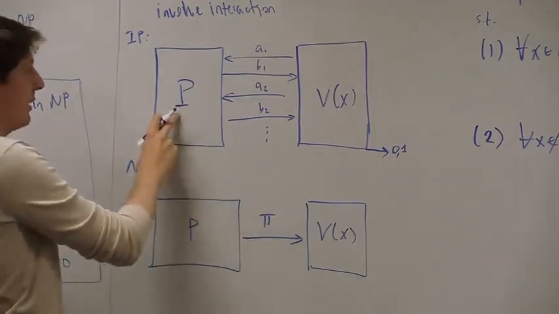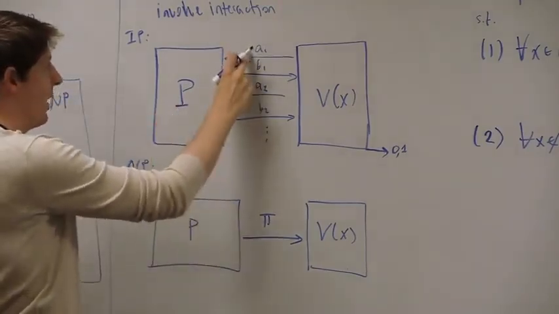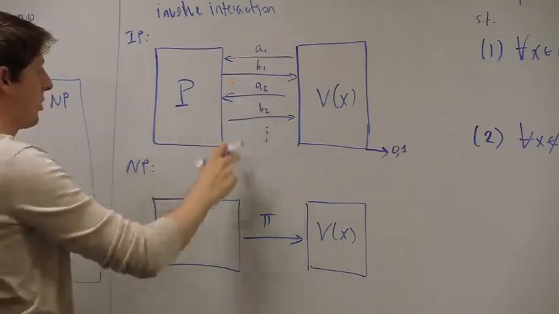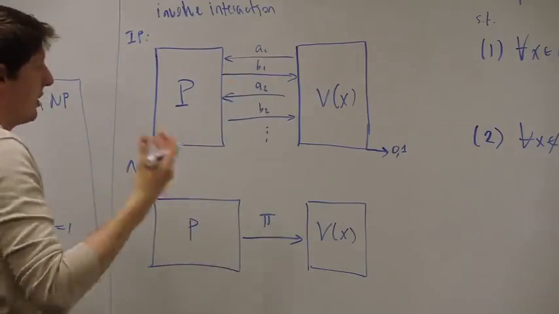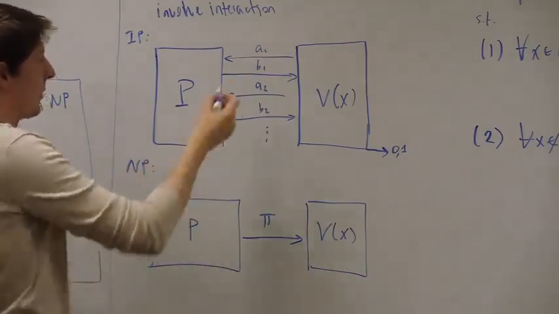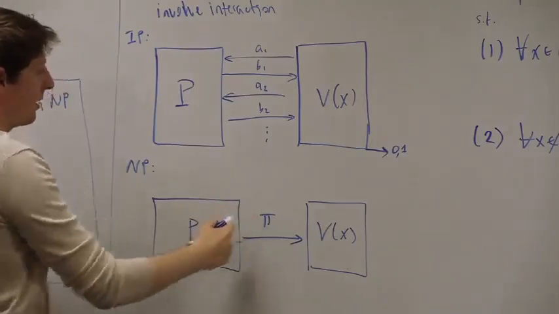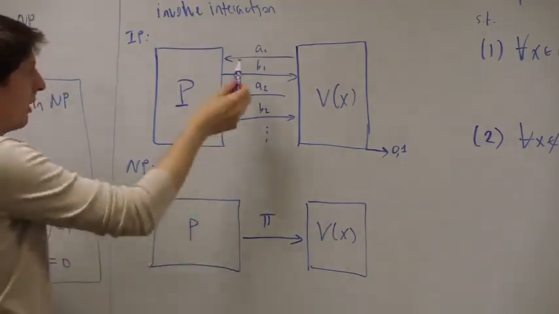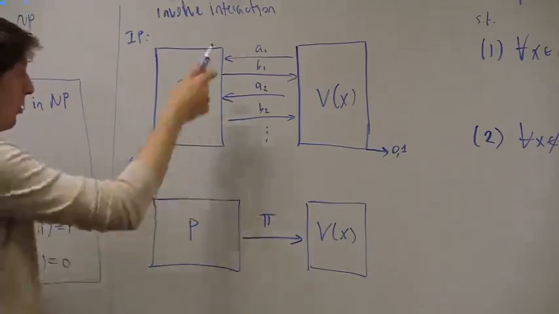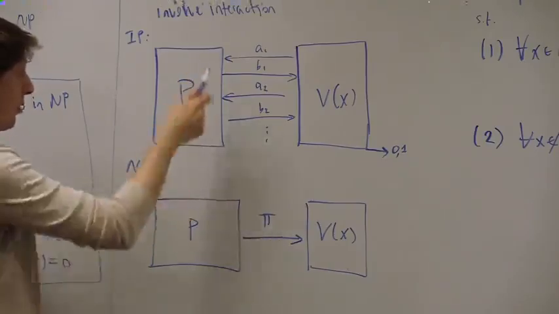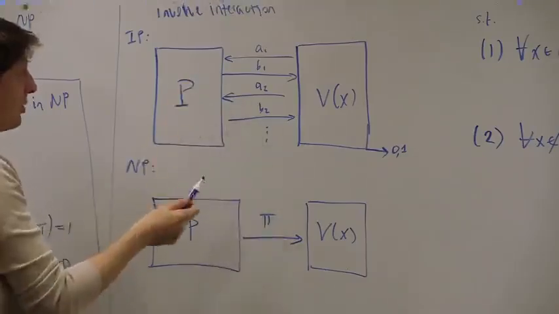Because if the prover already knows what the verifier is going to say in the first message, in the second message, and so on, he knows that in advance, so he can just send a proof pi non-interactively that already contains everything he was going to say for those messages. The notion of interaction is distinct from NP only if we consider the case where the verifier